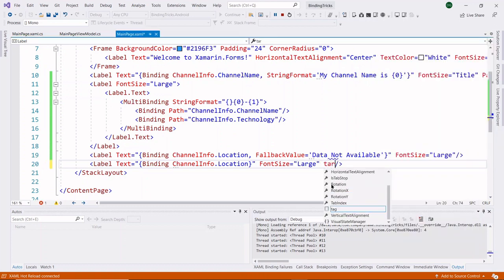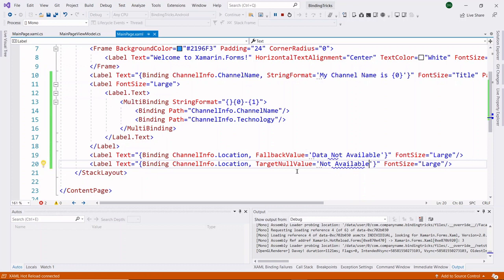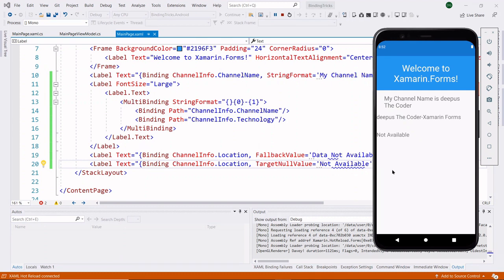Now I am adding target null value. Here you can see that our target null value data is displayed. This is the use of target null value.